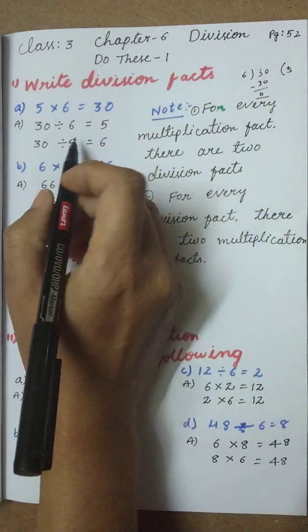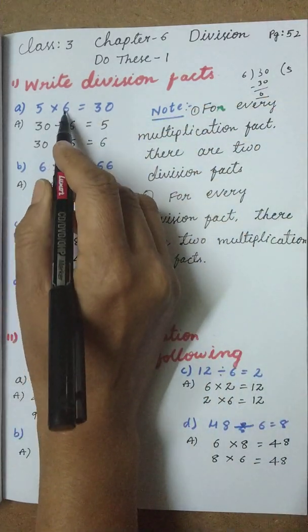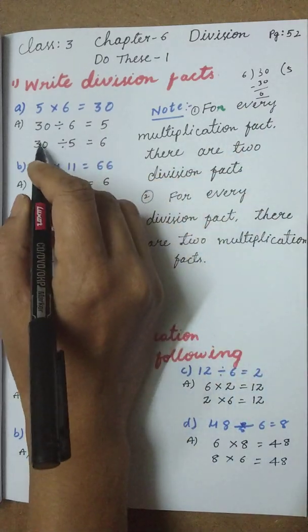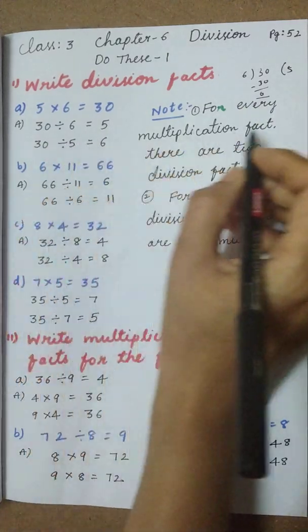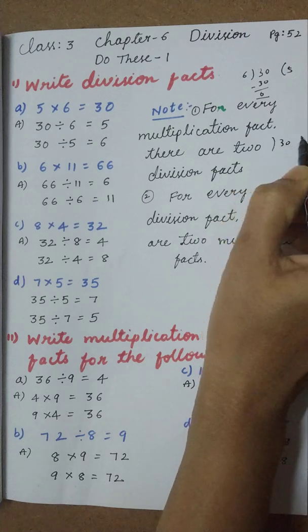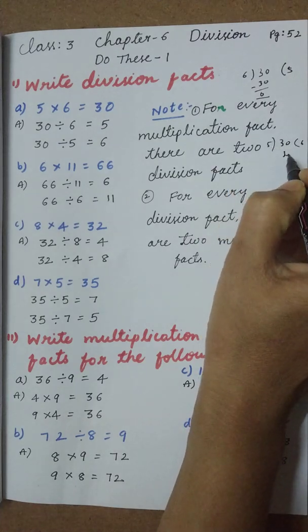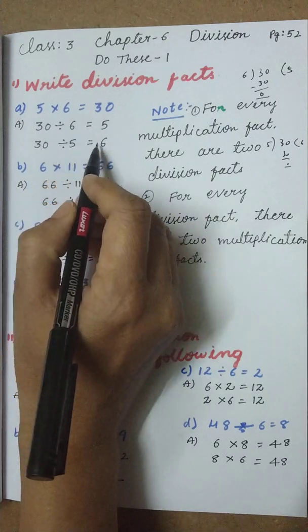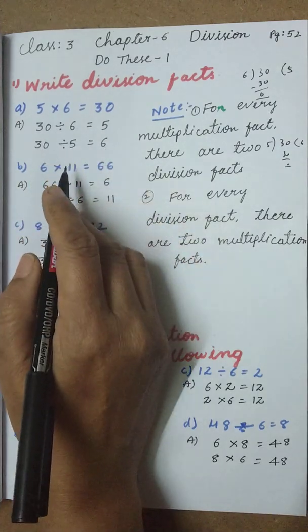What are we getting here? 30 divided by 6 equal to 5. I got 5 now. So equal to 5. Same as 30 divided by 5. If I divide by 5 also, 30 divided by 5, 5 sixes are 30, we are getting 6 only now. Yes. 30 divided by 5 equal to 6. Right.